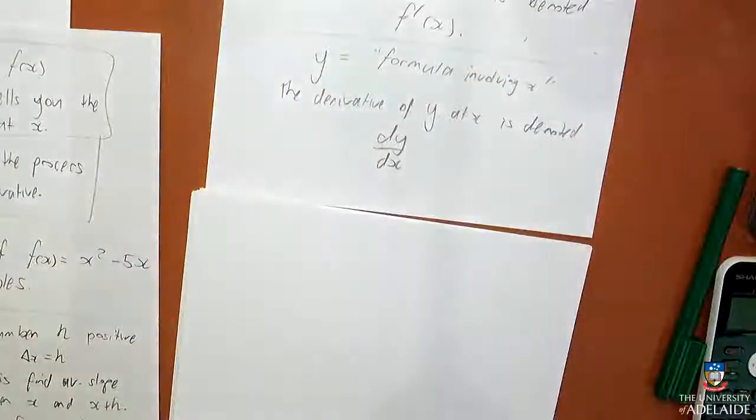This dy on dx is pronounced the derivative of y at x. Okay? And some people pronounce it the derivative of y with respect to x. Okay, so if you want to say, well, I've just got a random function that's not equal to y, it's not equal to f of x, and I just want to do the derivative of thing,